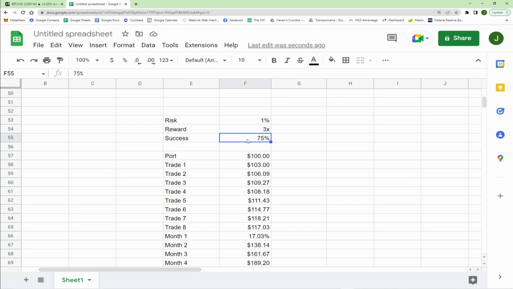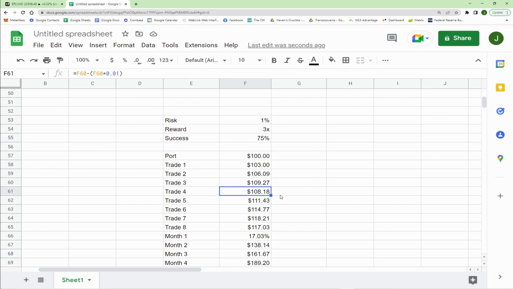Let's say you start with a port of about $100. And this is saying 8 trades per month. Okay, this is the numbers that I'm going with for 8 trades per month. In month 1, you're only making $17. Okay, I know. It doesn't sound like a lot. We've got 3 winning trades, as you can see, and then 1 losing trade where we go down 1%. And at that point, it was 109.27, so 1% got us to 108.18.